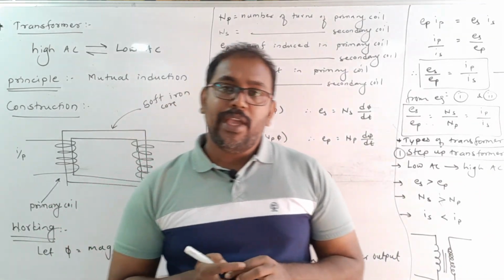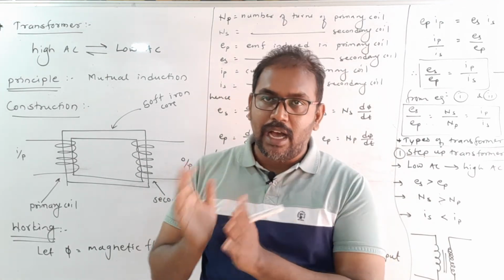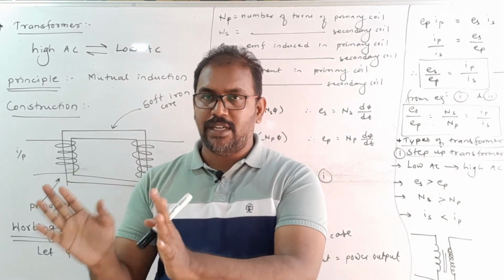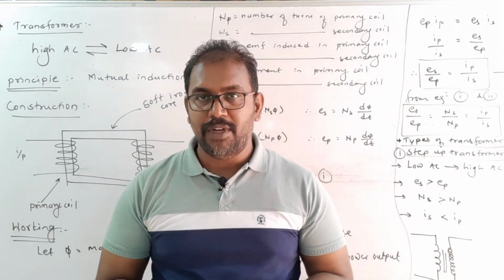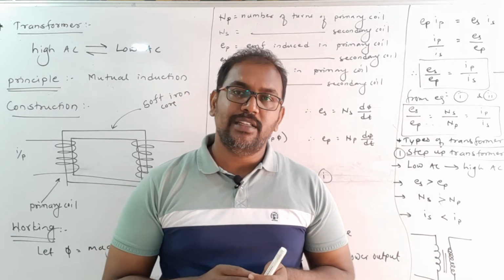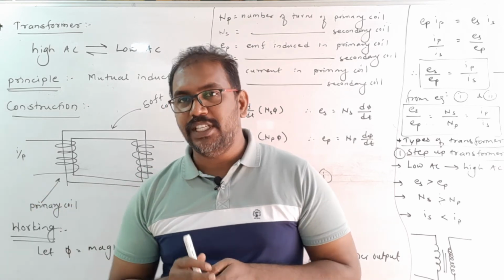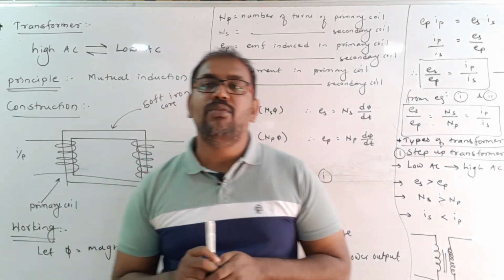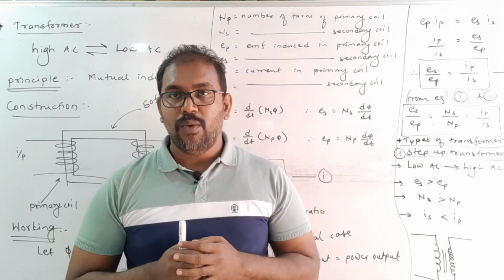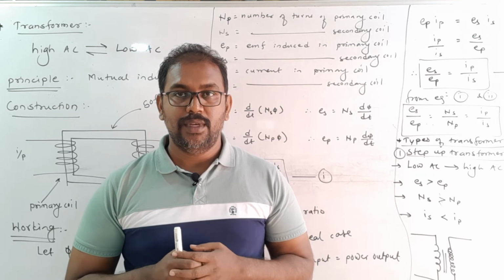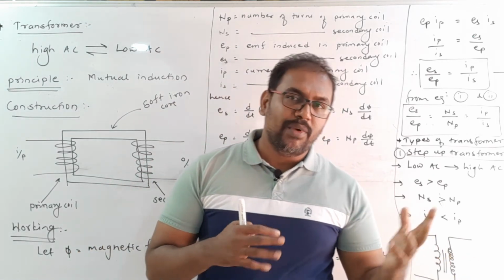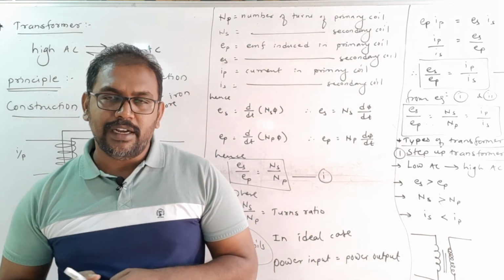Now, we use a step down transformer in homes and step up transformers in MSCB offices; MSCB transformers are step up transformers. Basically, why are they stepping up? The reason is that electricity is transferred from one point to another point at a large distance, so we have to use a step up transformer. When we step up, we increase the voltage and decrease the current. Why do we increase voltage and decrease current? Another reason I tell you here.